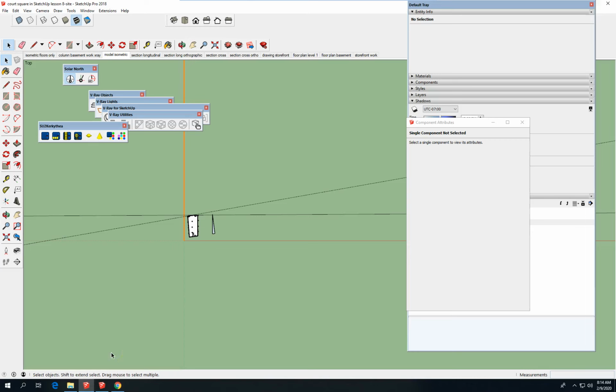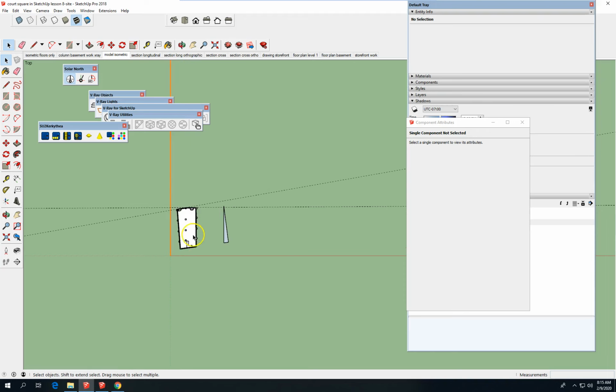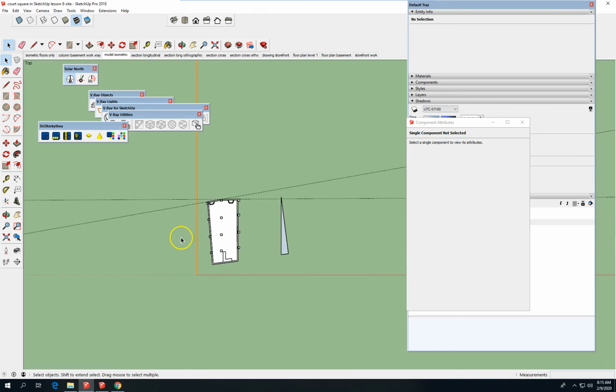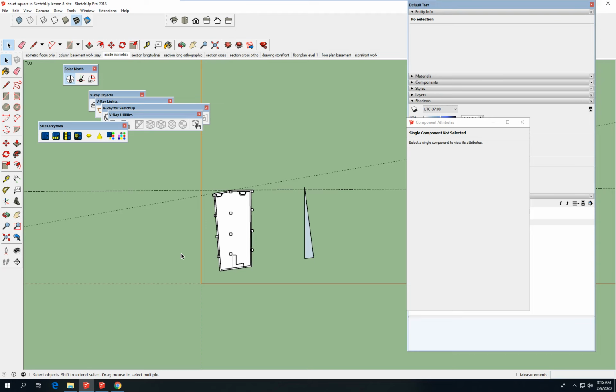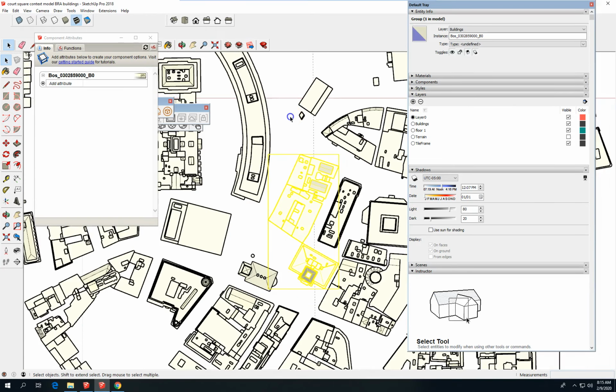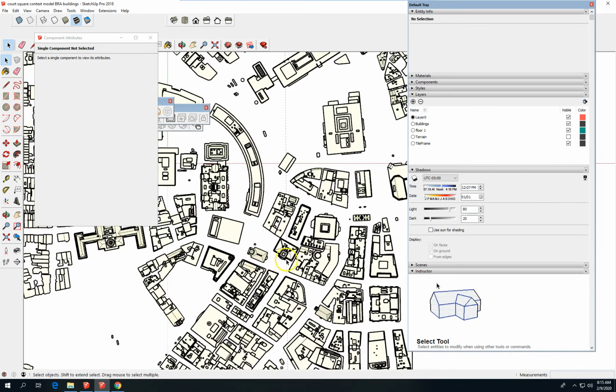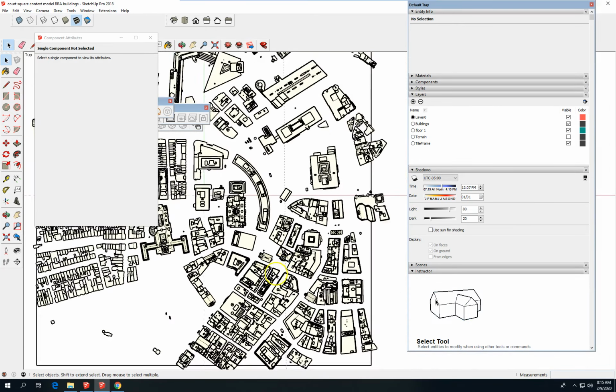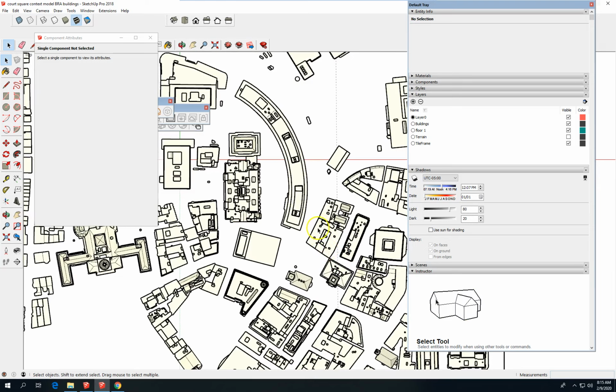In this lesson, I'm going to talk about setting true north in the model using the Solar North tool. We'll do it in Revit as well with a project location point, but let's start with this. If you open the tile of the site from the Boston BRA website, they give you a model, SketchUp model